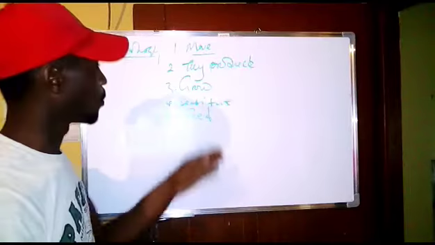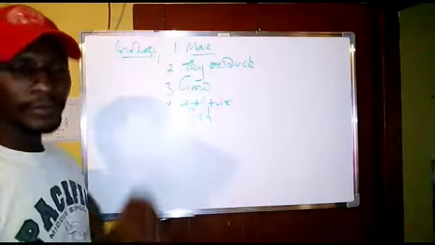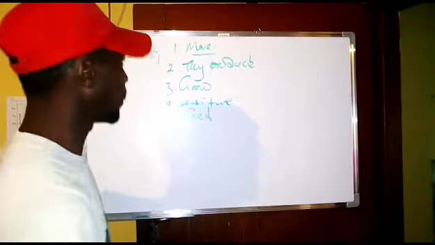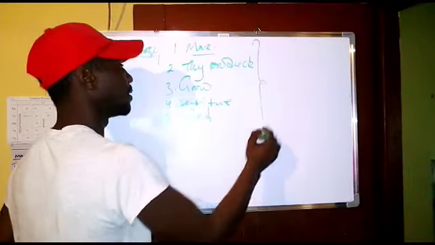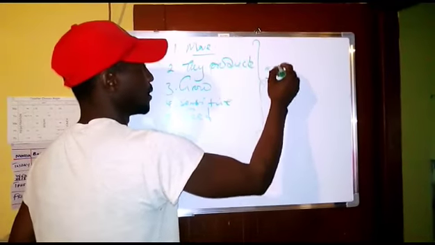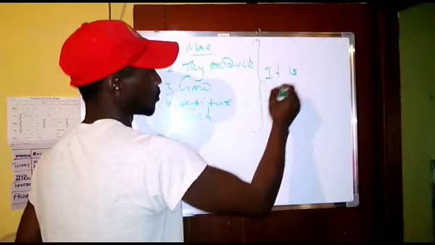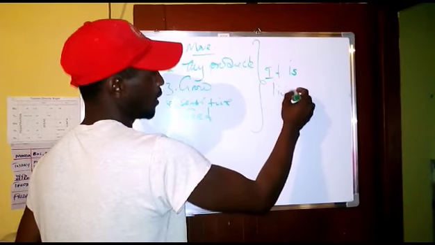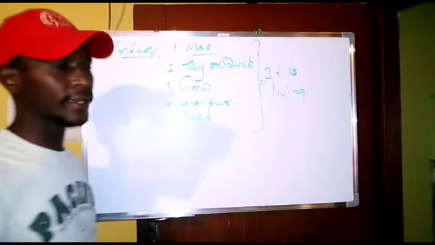So basically these are the characteristics of living things. If an organism has these characteristics, then we are saying it is living. So you are asked a question to say, when is something said to be living, or when is it